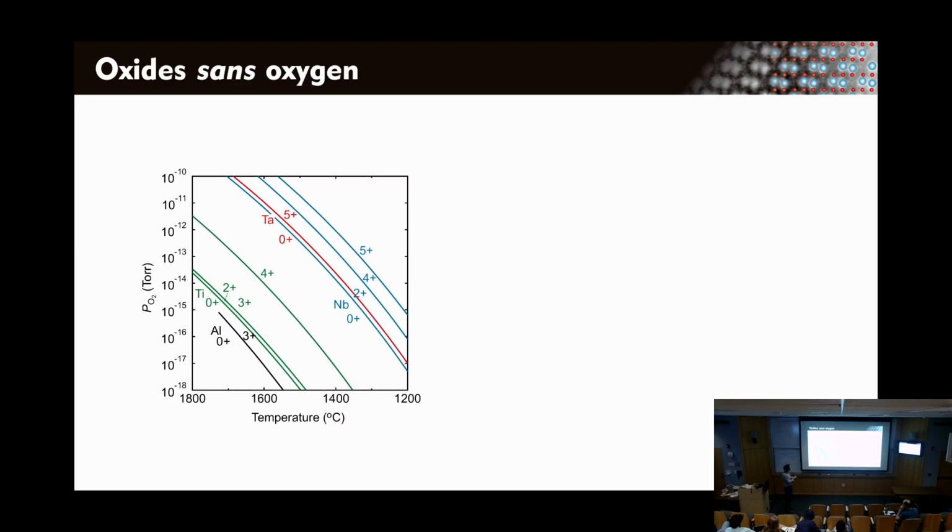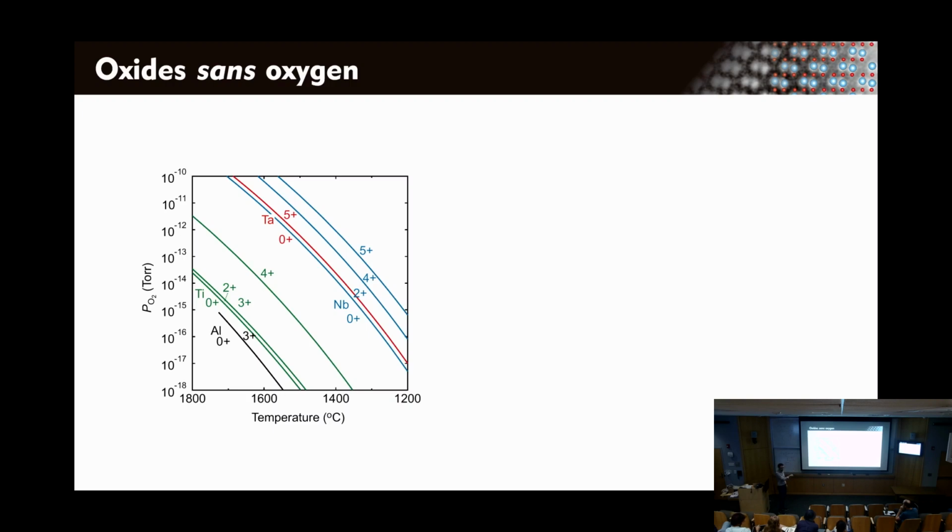Okay, and so the title of this slide is Oxide sans Oxygen, so growing oxides without oxygen, which sounds a little bit strange. So for somebody who synthesizes oxides, you will probably recognize this type of diagram. It's called an Ellingham diagram. And this describes the phase equilibrium between some oxidation state of some metal and other oxidation states in the partial pressure of oxygen versus the temperature